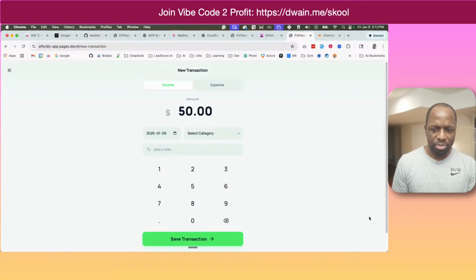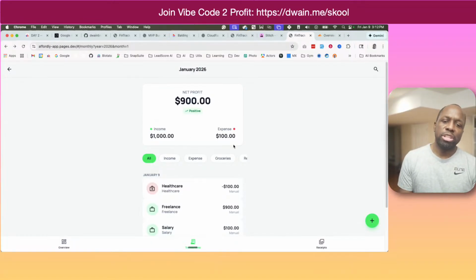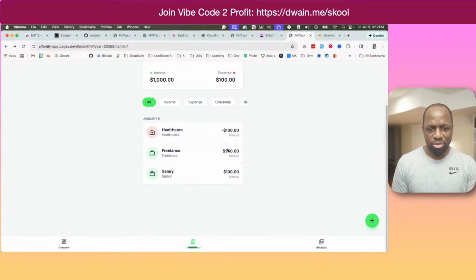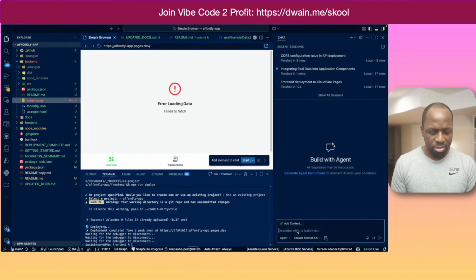Perfect. Now we're gonna have an expense of healthcare, $50. Let's do it 100 so we could keep track properly. Positive. Perfect. That's working too. So income, the filters aren't working. Okay, so let's keep track of what's not working. The filters,